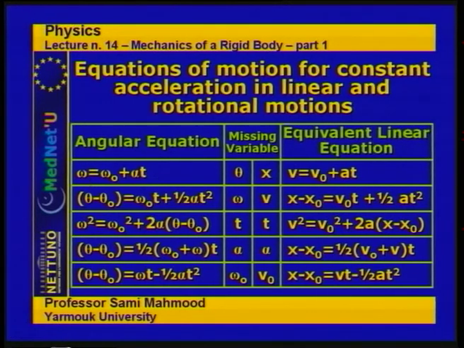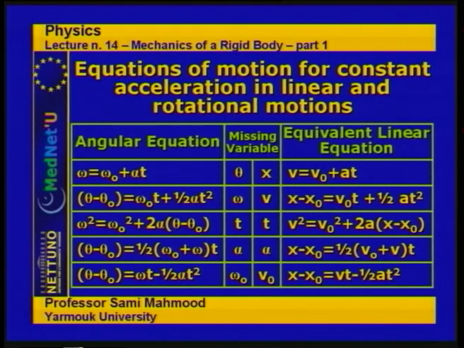Since we have the case of a constant angular acceleration, the average acceleration is equal to the instantaneous acceleration. So alpha is equal to alpha average, and alpha average is simply delta